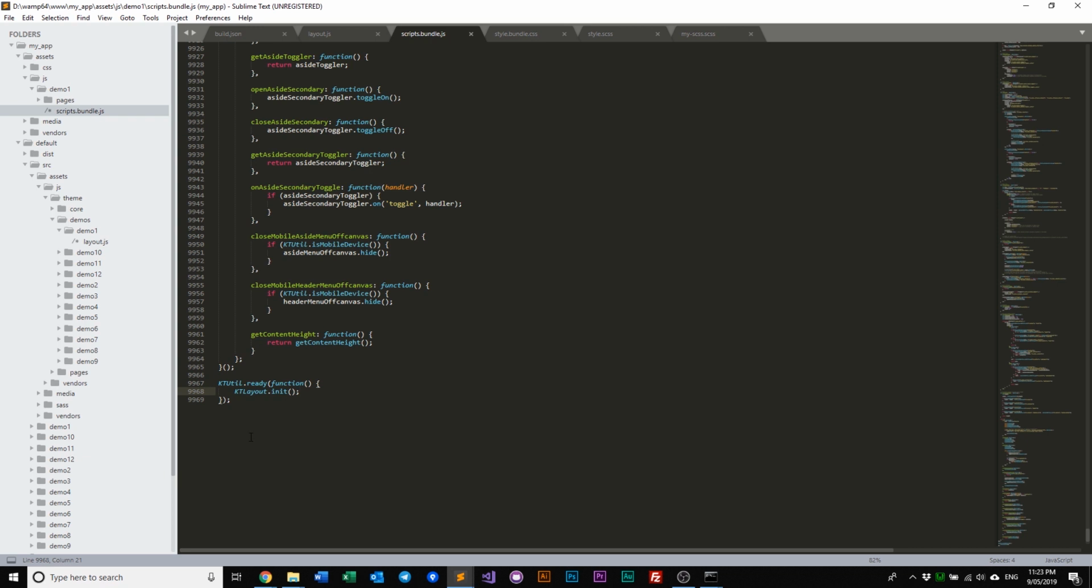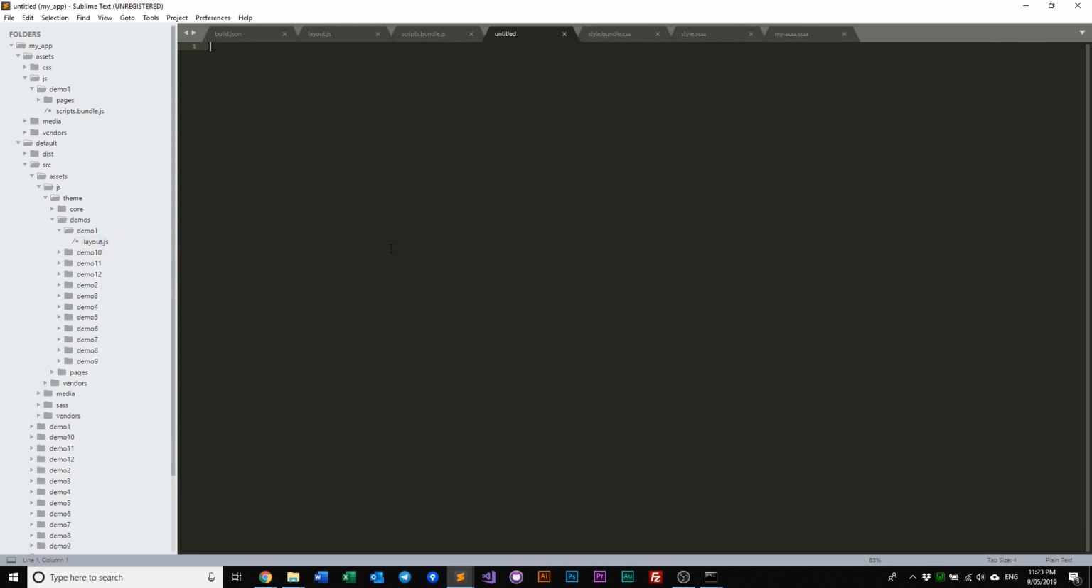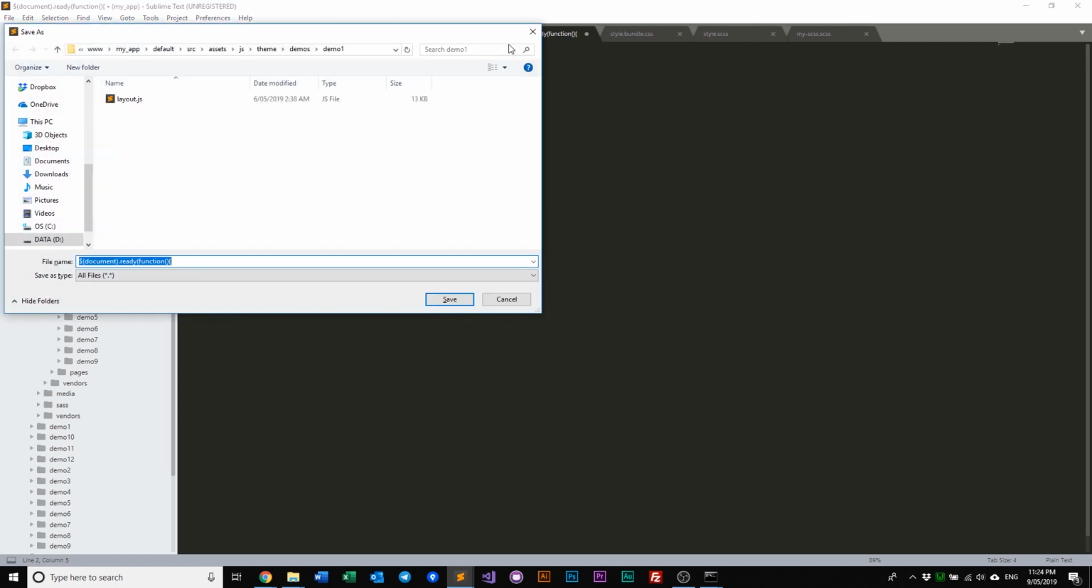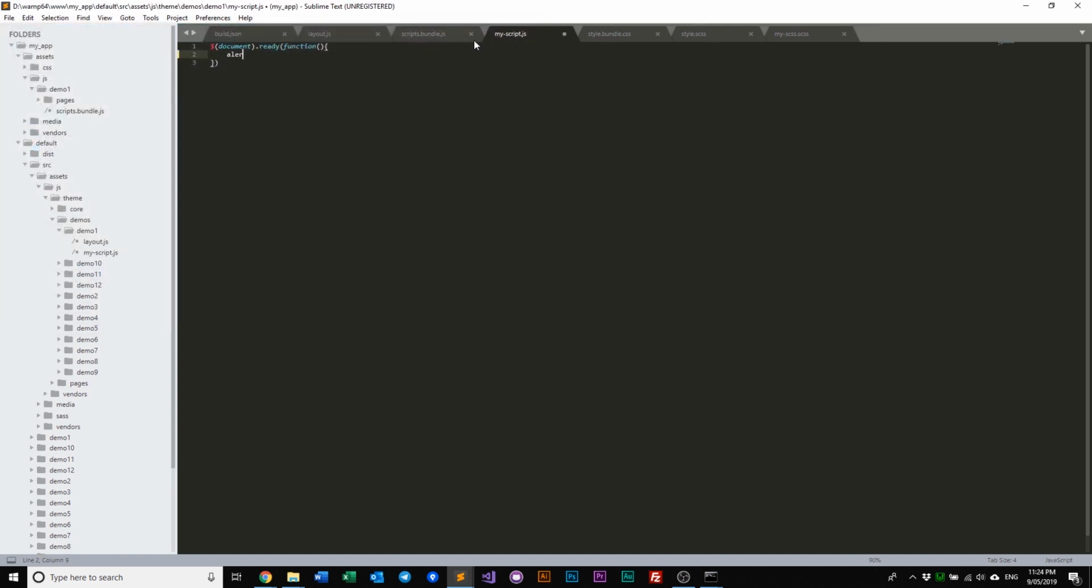So what do we want to do? We want to add stuff underneath it, right? So what we can do is we can just create our own JS file right here, and we can just add a simple document ready function, and we save this as maybe my script.js, and then in here we can just put an alert, say hello,